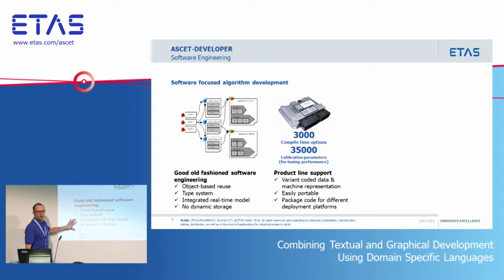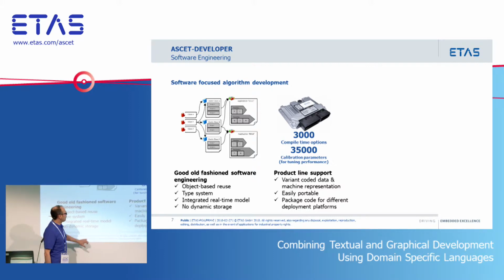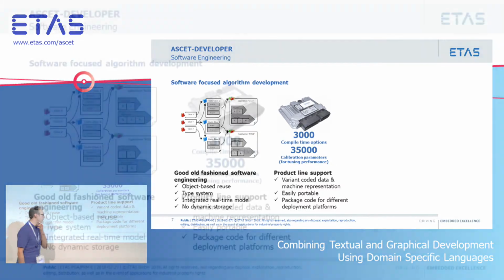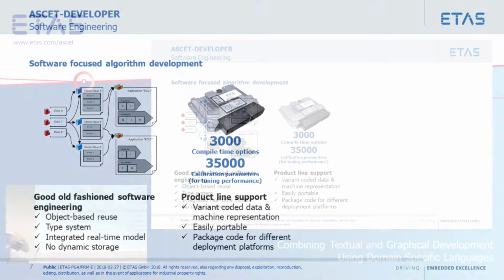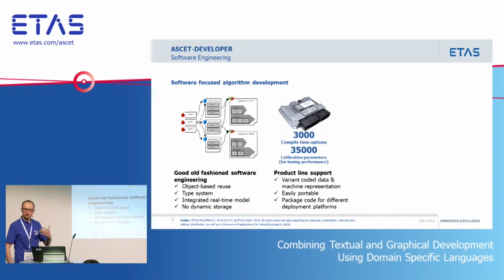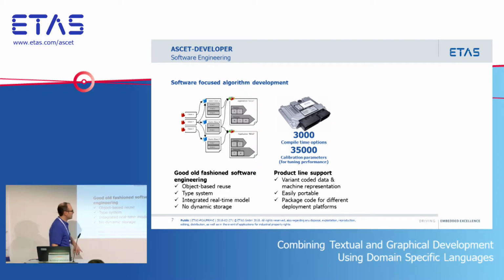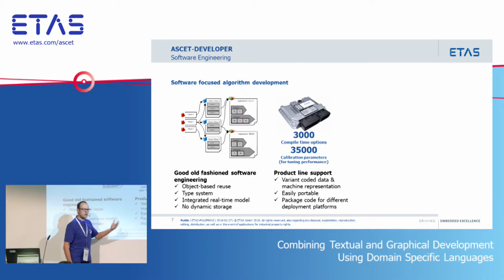There's lots of other things that we'll talk about, lots of other tools. One of the things that we do quite a lot of, and this has come from 20 years of serious production experience, is that we spend a lot of time building points of variation into the software. So to be able to essentially do some kind of product line engineering and roll that through an object-based development model. So we can do things like have variant coded data.